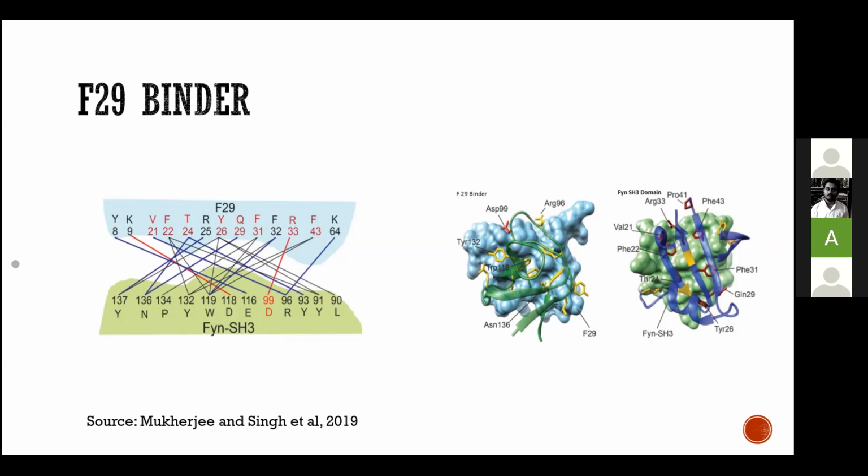This was important to further know which interactions are actually happening, what are the interactions between the binder and the SH3 domain of the kinase, which can be manipulated to maybe do something else. At least you have to know how it binds, not that it bound just by a lucky guess. It's not like that. They actually did NMR studies and saw overlap between these motifs of Fyn SH3 and the F29 binder. So this was more or less about the Fyn binder.